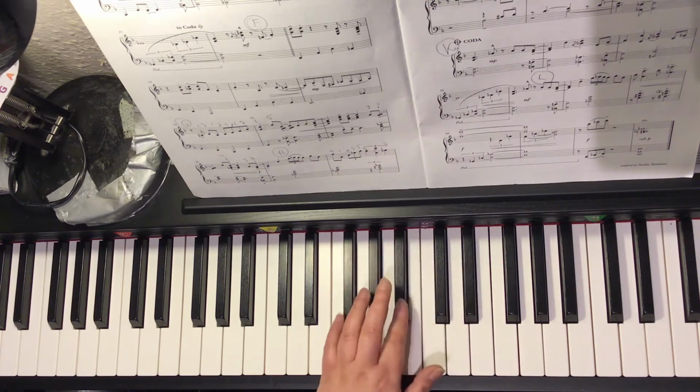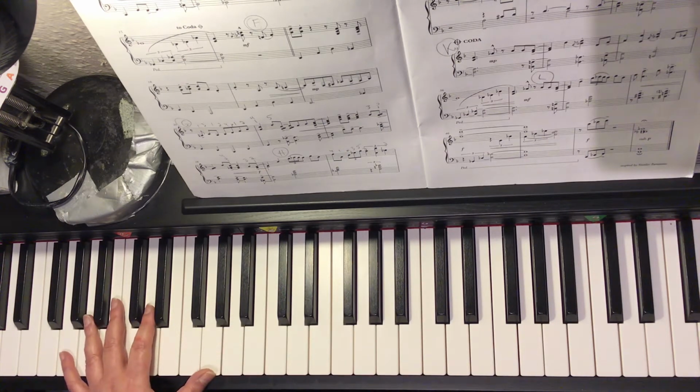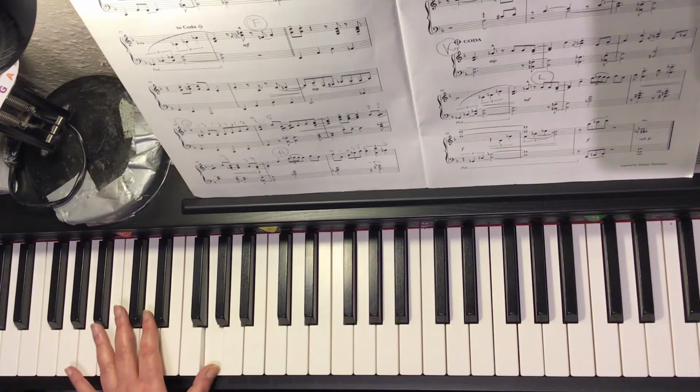1, and 2, and 3, and 4, and tie. Again with the left hand. A 1, a 2, a ready, go. And 1, and 2, and 3, and 4, and 1, and 2, and